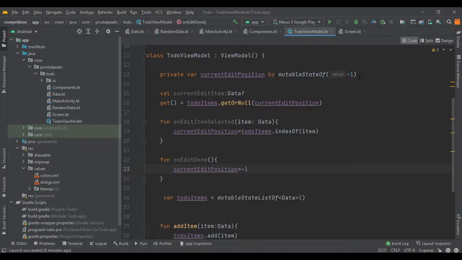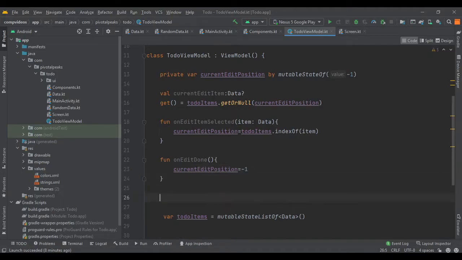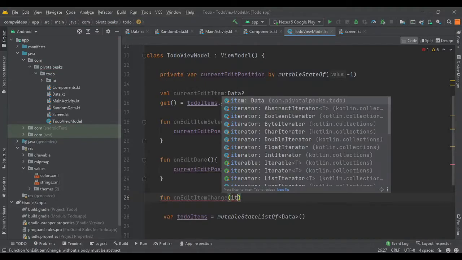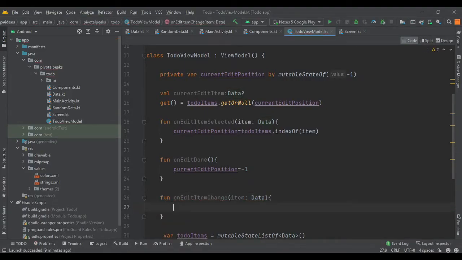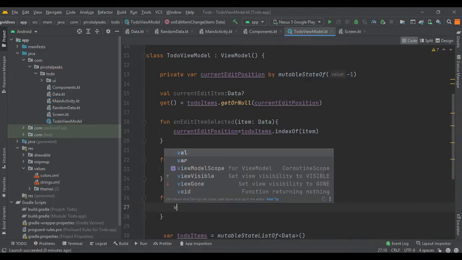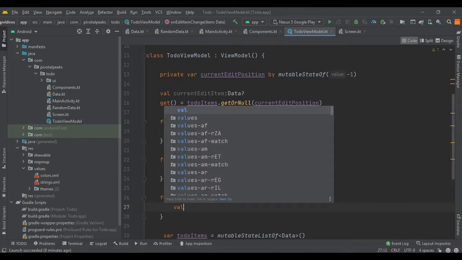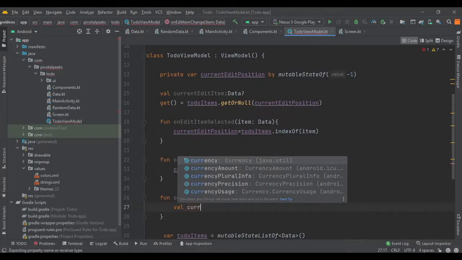And the last function we need is function on edit item change. So here we need to pass the item of data type and need to define the value for current item.